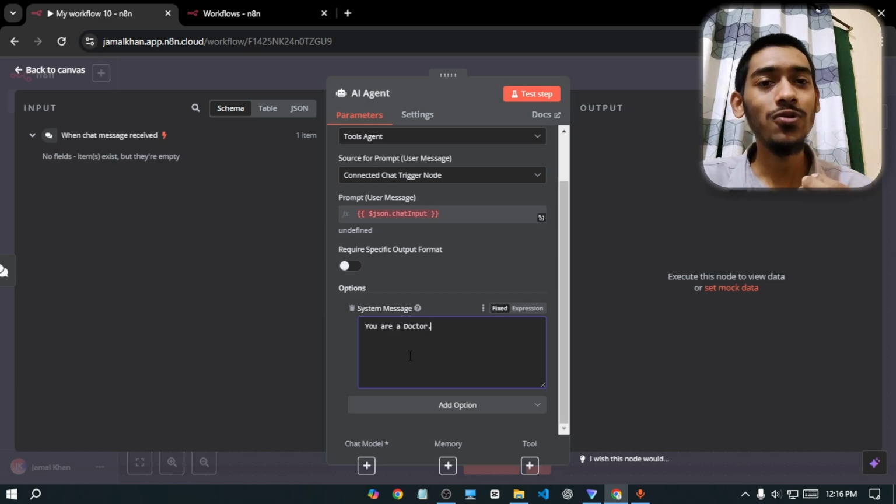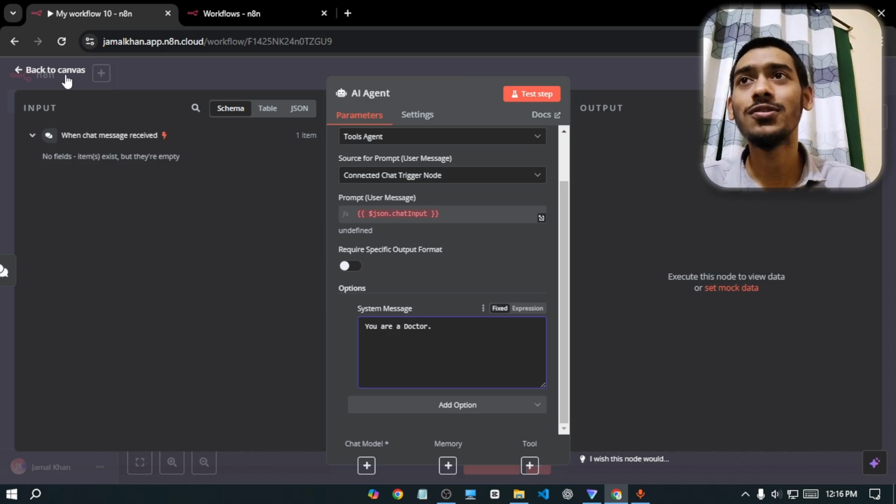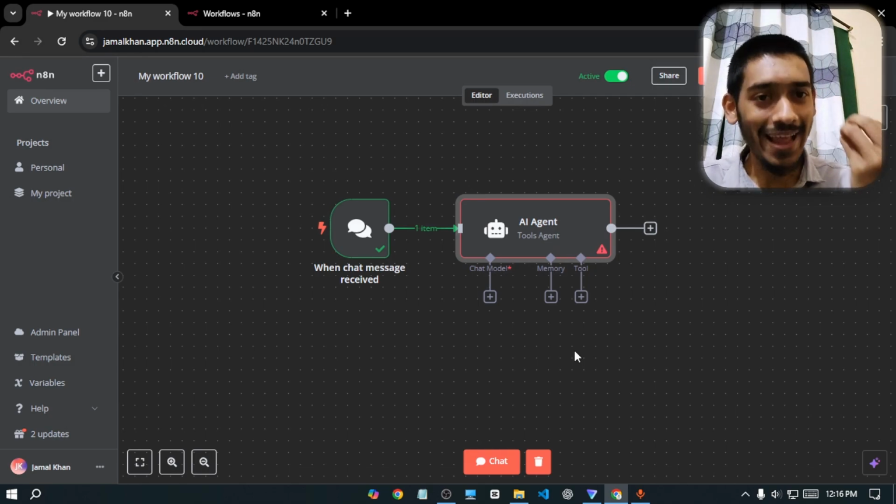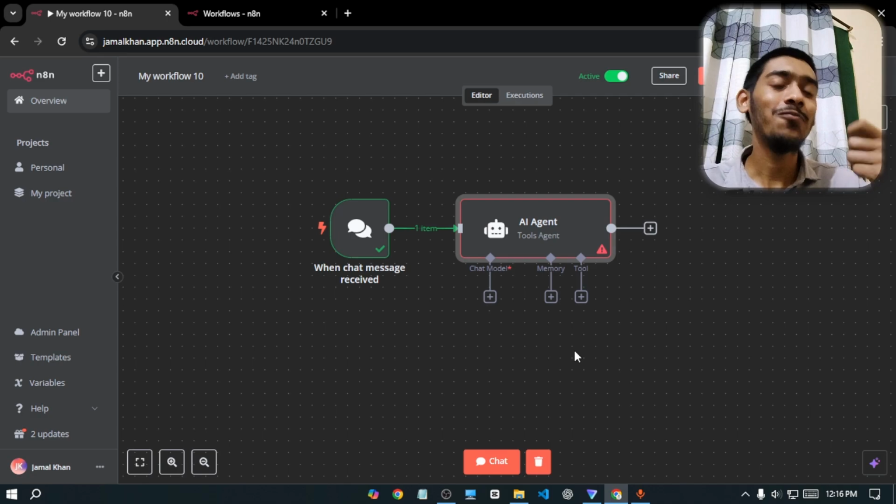Right now it will respond to the user as a doctor. So if I just come here again, it can actually give you the response. But as you can understand, it's actually just the system, and it has no brain. So to do that, we have to add the chat model with that, so that the chat model will work